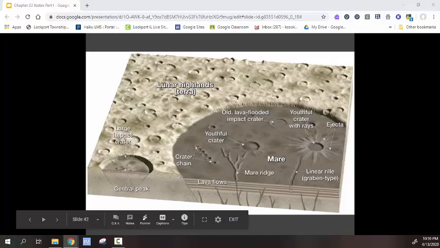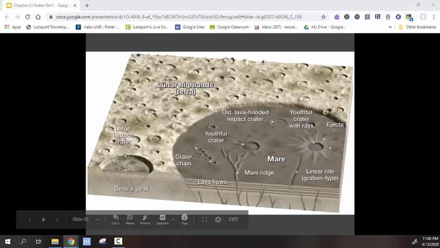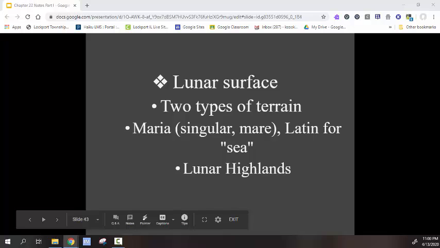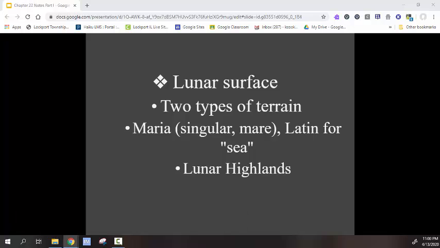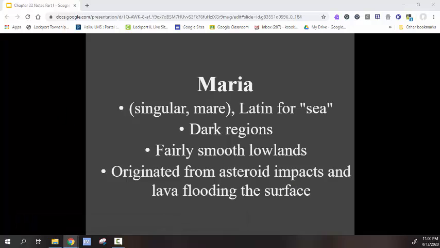And here you can see the different types of lunar surface, which is lunar highlands and the Maria, this darker area. And we're going to talk about that. The two different types, the Maria and highlands. The Maria, which is Latin for sea, they originally thought they were